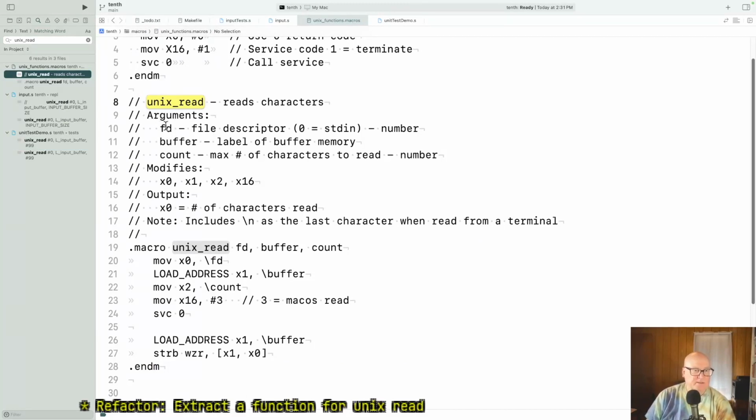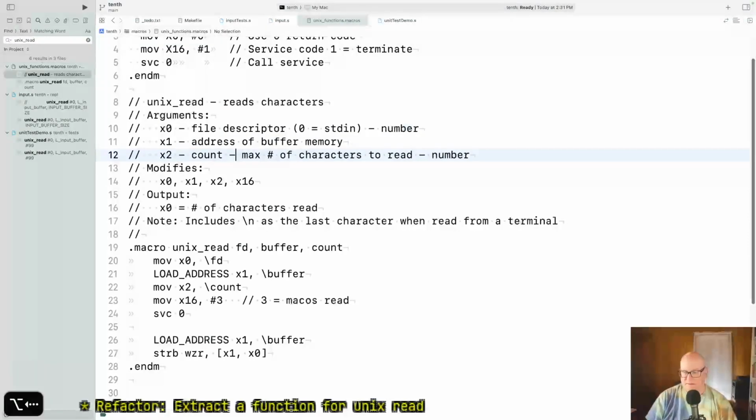I'm changing the interface, so I'm going to say x0 is the file descriptor, x1 is the pointer or address of buffer memory, x2 is the count equals max characters to read. Okay, and then